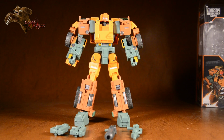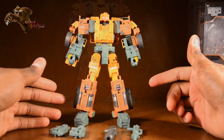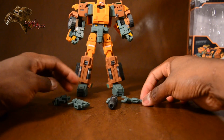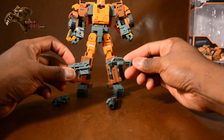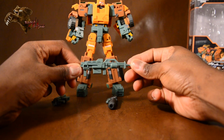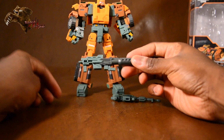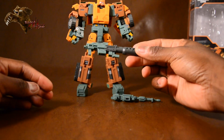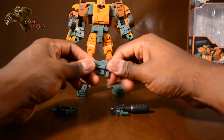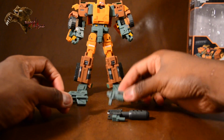Alright, now that we've got Revolver pegged in on the back, we've got Roadbuster in its main form. Now, looking at the weapon combinations here, you've got a couple of options. You can take the small pistol plus the rifle, have a larger gun that way. You can do the same thing with the small pistol and the more bazooka type. Or you could take the small pistol, bazooka, and the rifle type weapon,